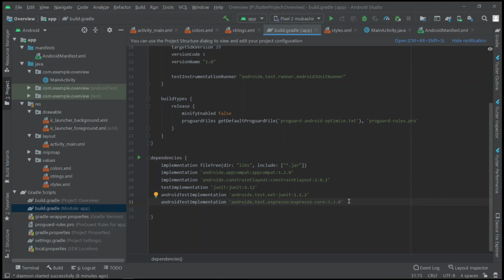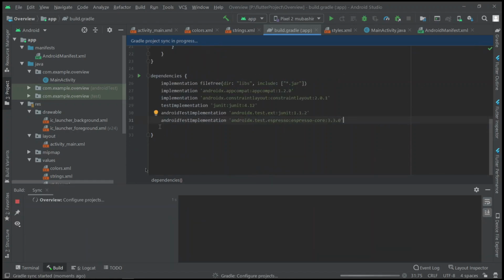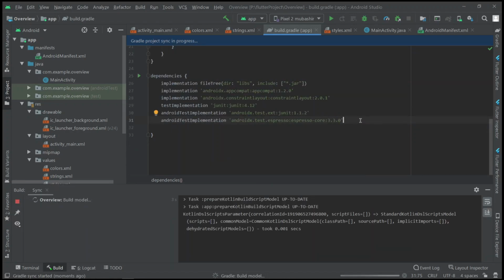For example, I am going to remove this, and here you can see sync now, so that the whole Android Studio project will get synced with that implementation. So when I place it here again and click on sync now, this will do some work, and everything under this will get implemented.